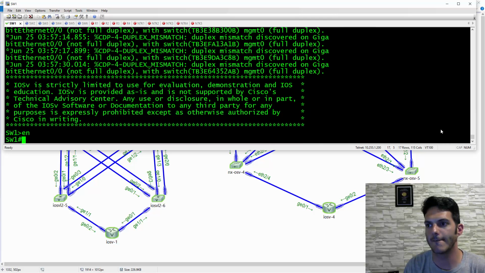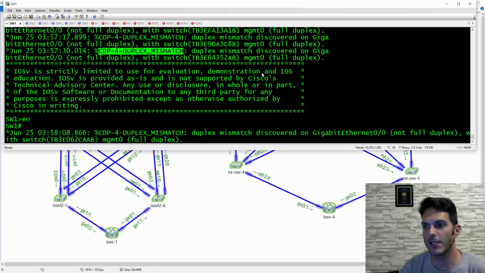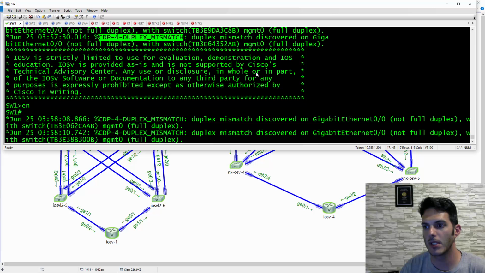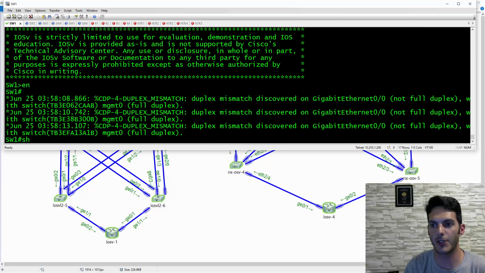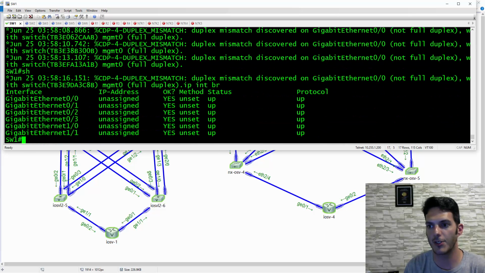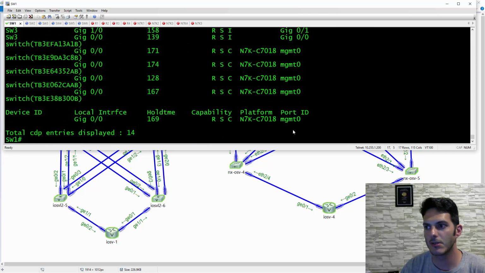So basically what it's saying here is a CDP message level 4 duplex mismatch. Duplex mismatch discovered on gig 0/0, not full duplex. Switch management 0 is full duplex. So what that would tell me is if I was to do a show IP interface brief and do a show CDP neighbors, that tells me that